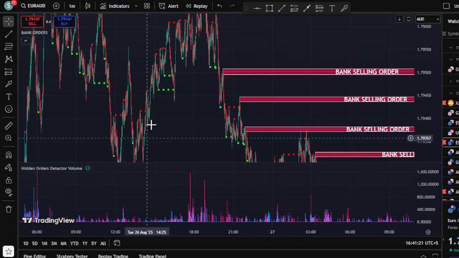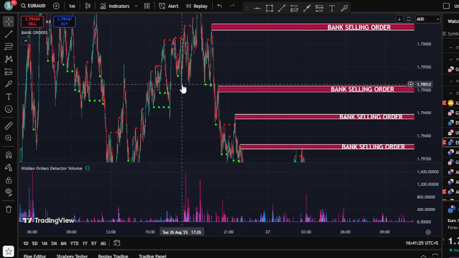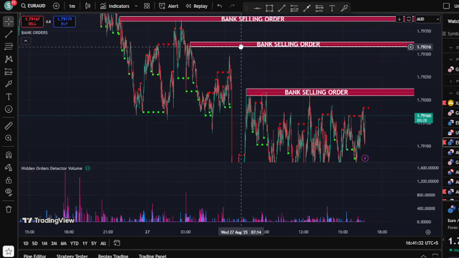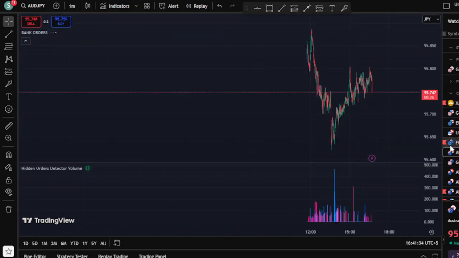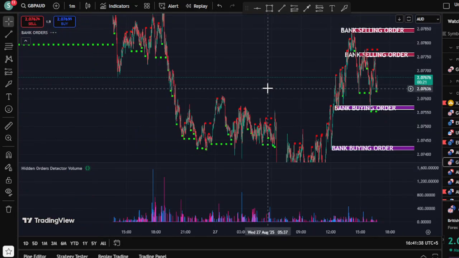Ultra high volume, the price was already up, the price made a high, volume came here, and after some time the bank selling appeared, and then you can see the price starts to reject, and just look at the price right now. So the first method that you need to understand is that your chart should be into, like, for example, just look at there.